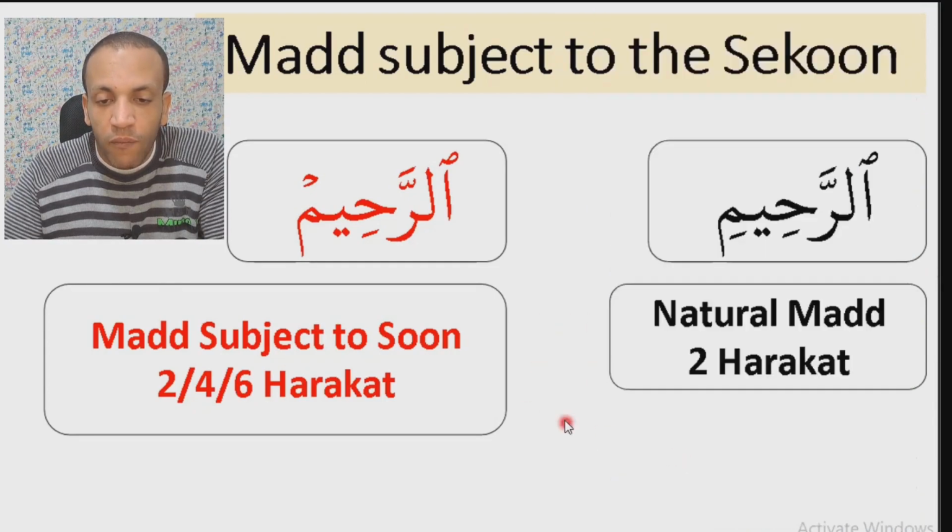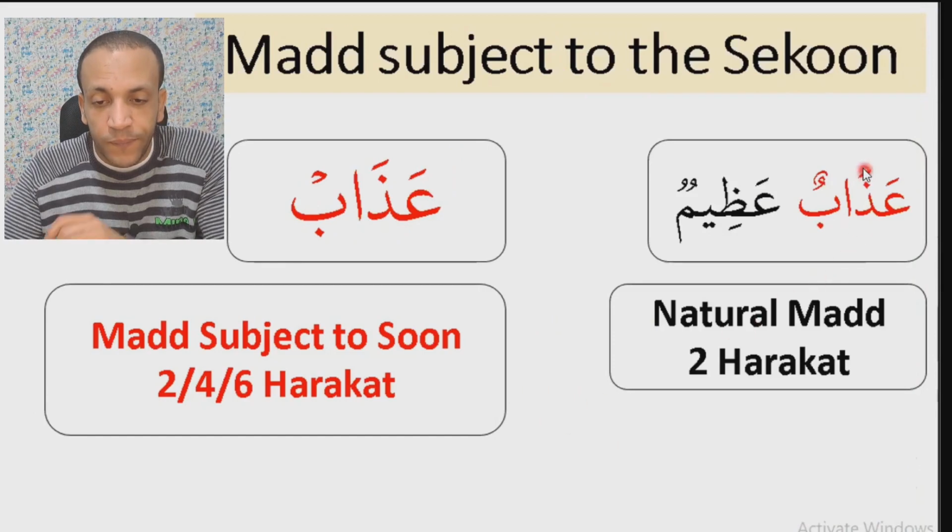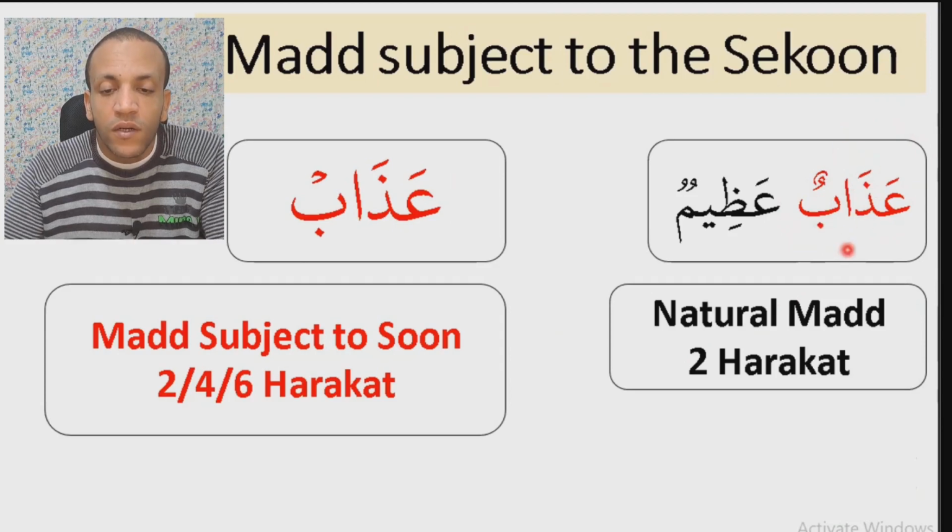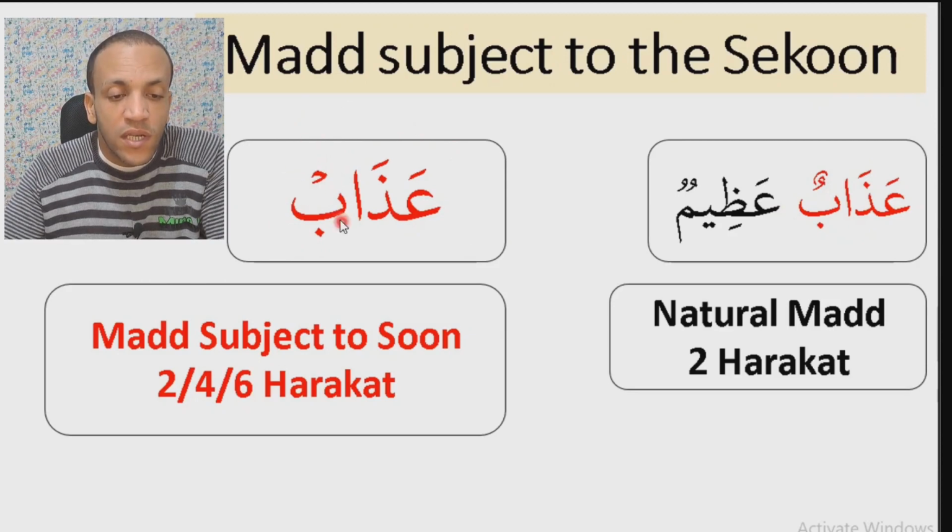Let's take another example, this example for the letter Alif. The same thing. You have a word. You come to this word while reading and you decide to pause here to breathe, for example. So the last sound, you will make it consonant. And you find the penultimate letter is a letter of Madd. So in this case, when you stop or pause here, you have the choice to read this word with 2 harakat on the letter of Madd, or 4 harakat, or 6 harakat. So you will read it as I wrote on your left, the last sound consonant, and the prolongation is in the penultimate letter. So you will read with 2 harakat,